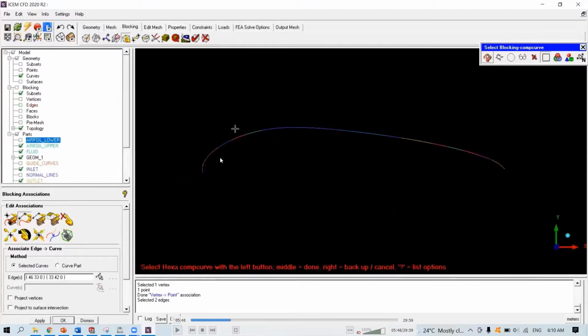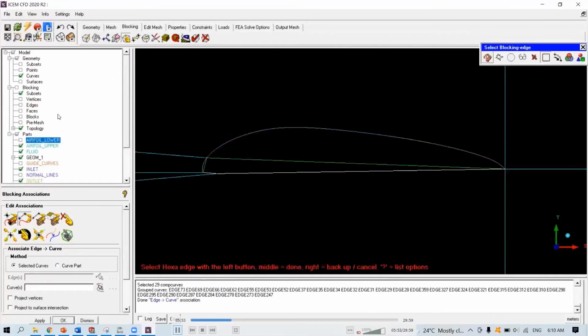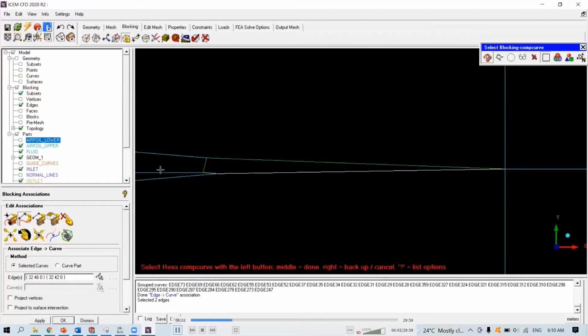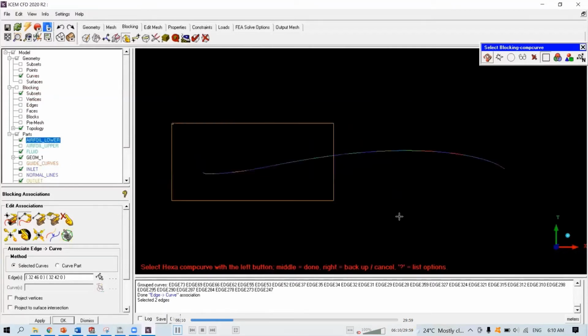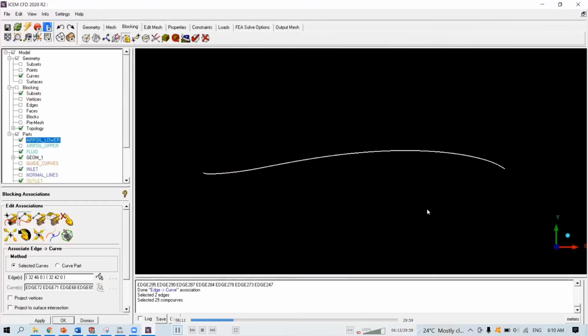And then I can just box select everything because I don't want to individually click all the curves here. It will take a lot of time. So just a shortcut. There you go. Do the same thing for the low surface. 1, 2, select. Turn off the edges. Turn on your curve, only for the lower. Then just box select. Okay.